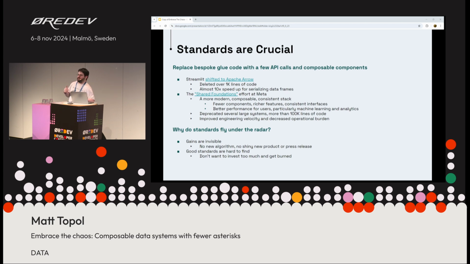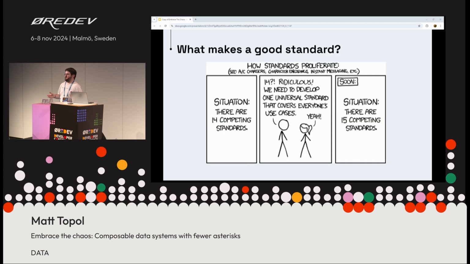And of course, the proliferation of standards becomes our famous XKCD comic here that everybody is likely familiar with, that whenever people talk about standards, they get worried about this. It's proliferations. So it's not just any standard. You need to pick a good standard.